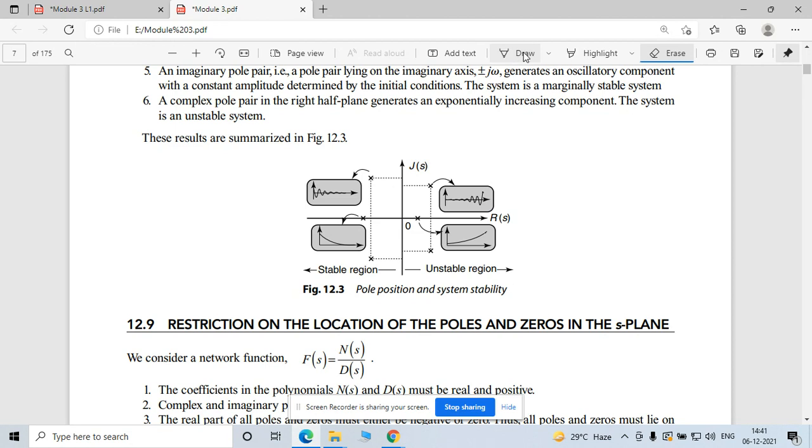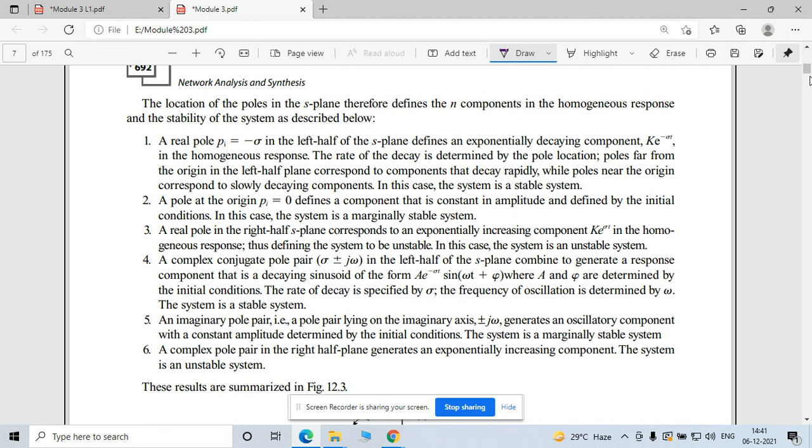When you observe a system by putting different values of parameters of frequency, you can observe that when your poles are going to the right hand side, then you will get an unbounded response. For any bounded input you will get an unbounded response. So that's why we always prefer that your poles must lie in the left hand side of your S plane. So when you put the value of S, now this is the analysis point. When you take any one example and put different values of that, you will find out this response.